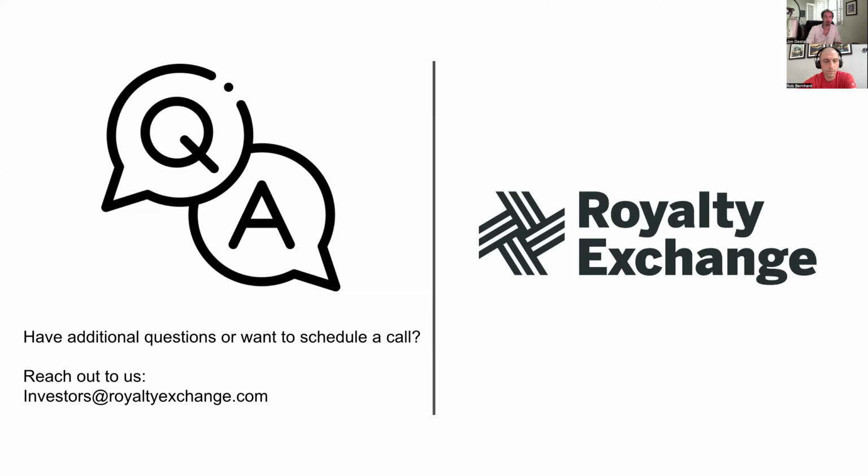Next one here. How are the royalties divided with investors? So this sounds like a question about fractionalized ownership, which we don't do. So on a listing, what you see is what you get. The financials, the data, everything you see is specific to the share that you're buying. So it's not divided with any other investors. It's divided with the original rights holder if they're selling like only 50% of that royalty piece, for example. But that's it. Otherwise, you're getting everything that is presented in that listing. So I think that answers that question.